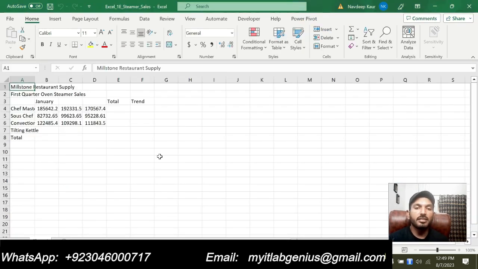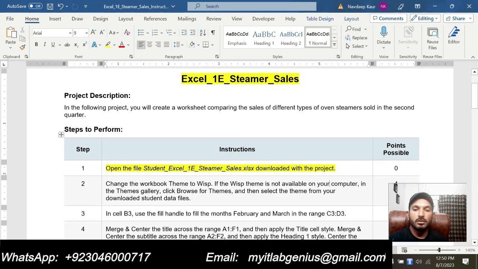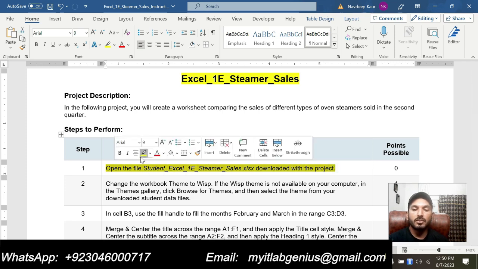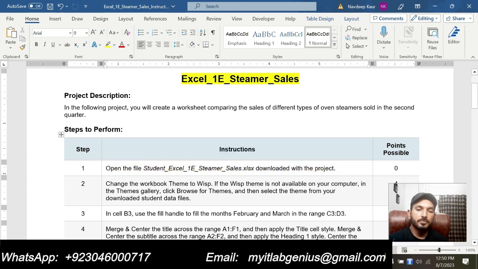This is the file that we are supposed to use to solve this assignment and get it ready for submission. I have already downloaded this, and you can download it from your school dashboard. After this we will move to step number 2, because step number 1 is just about downloading the file and there is nothing else to do in it.